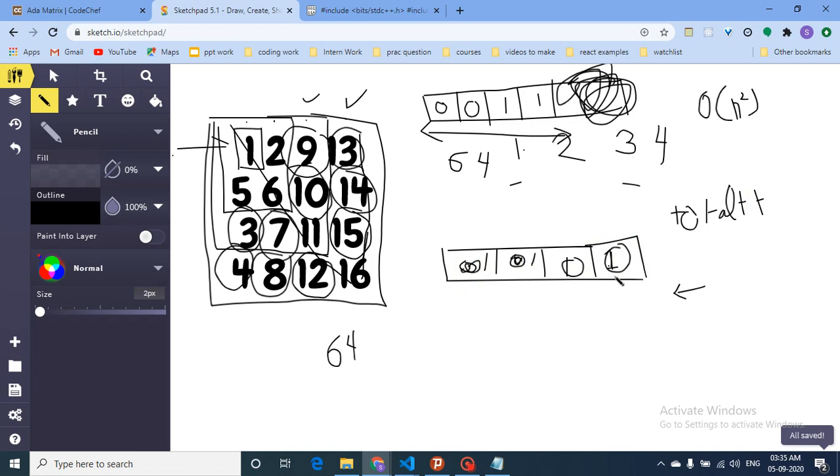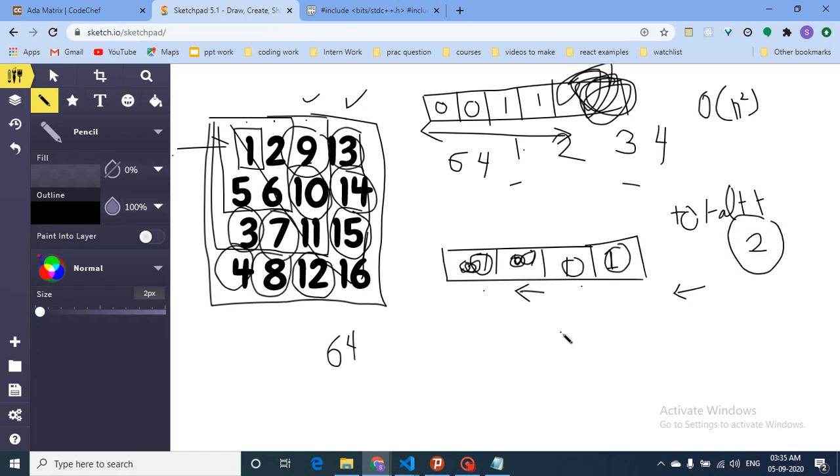Then okay, now this is fine, go to the next position. This is 0, so we don't have to do anything, because it is fine. Now this is 1, so okay, now flip all the bits ahead of this, so flip this 0, this is 0. Okay, now come to this, this is 0, so okay, fine. So how many steps have you done? 2 steps. So that's a simple logic you can do.